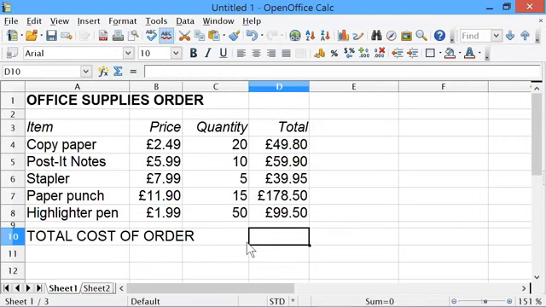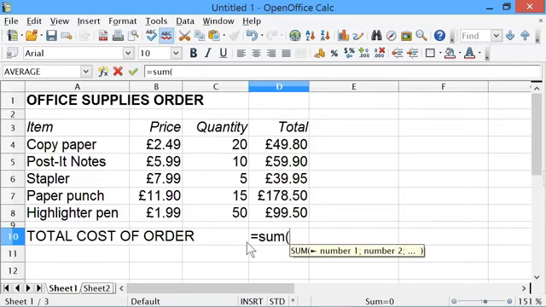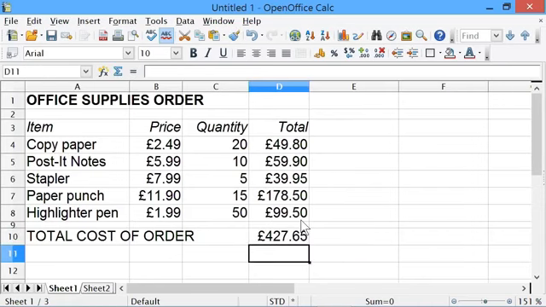and I'll use what's called a range function, a function that works across a range of cells. The one I'm going to use is the most common in a spreadsheet, which is called sum. So I'm going to press equals and SUM, and then the format here is to open a bracket and give it a range of cells, which you do by telling it the first cell you want to go from to the last cell with a colon in the middle. So here I actually want to sum from D4 to D8. I could type D4 and a colon and D8, close my bracket,